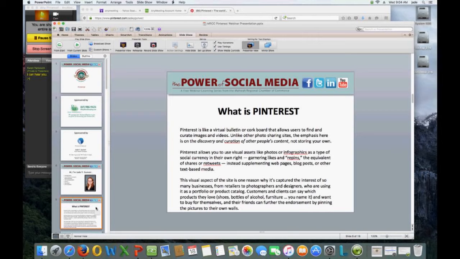So I just came up with what is Pinterest. Mainly, I'll just go over it with you. It's like a virtual bulletin or corkboard that allows users to find and curate images and videos. Unlike other photo sharing sites, the emphasis here is on the discovery or curation of other people's content, not storing your own. But still, if you want to store your own, that's fine.